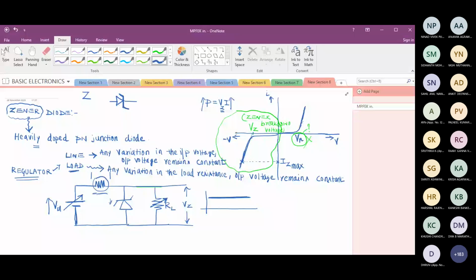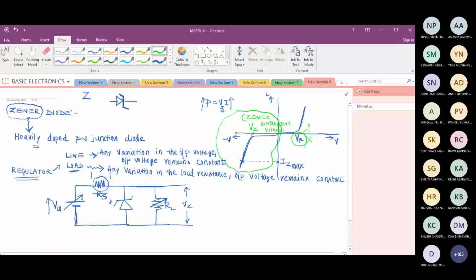Now we will do a thorough analysis. This is just a surface level explanation, an overview I have given. Now we will do a thorough analysis, and you will definitely feel that this circuit gives a constant output. So this resistance, the series resistance, I will take as RS. We'll start. If you are getting confused, please ask.